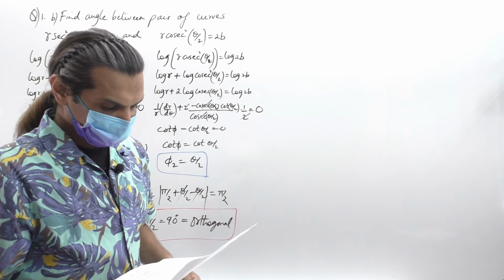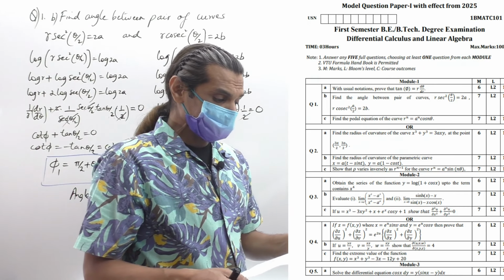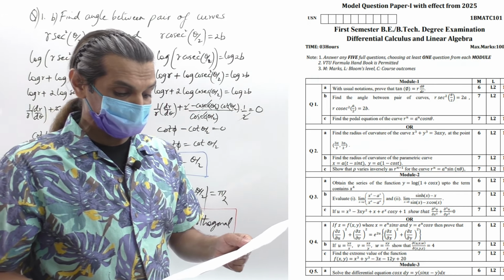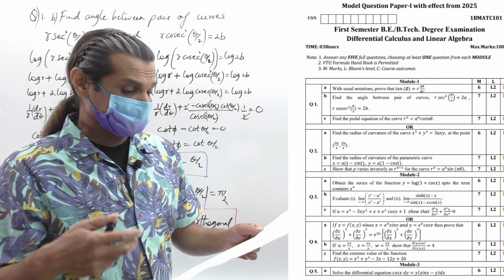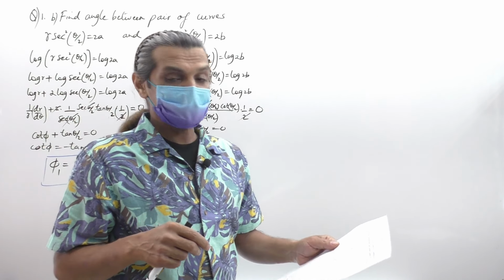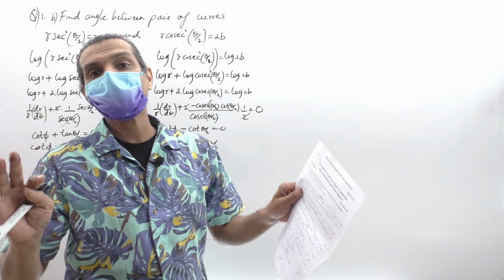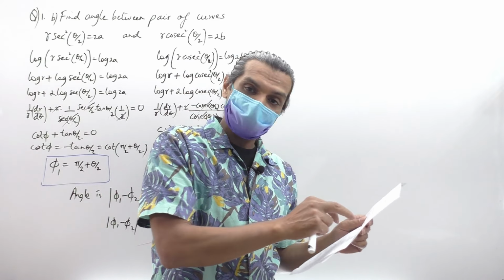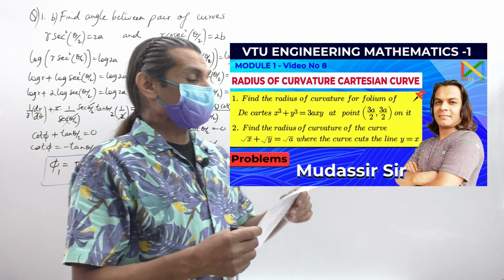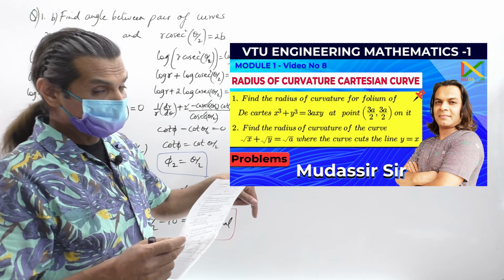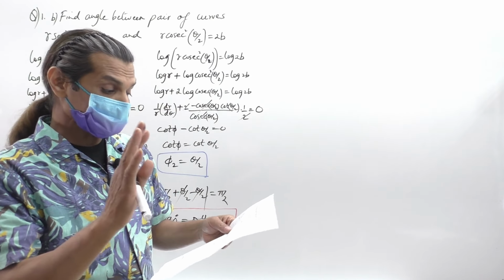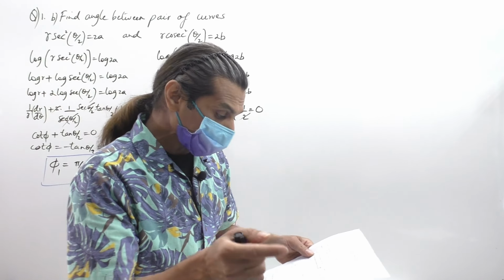Next one is question number 2a, find the radius of curvature of the curve x cube plus y cube is equal to 3axy, that is called the folium of Descartes, at the point 3a by 2, 3a by 2. Very, very important question in radius of curvature. This problem also is solved in a detailed way. The link is given in the description below. Please do refer to that, and solve it, compulsory question. Now the next question, 2b, is